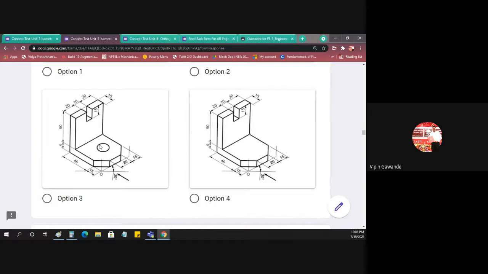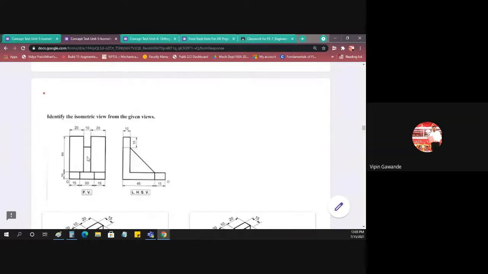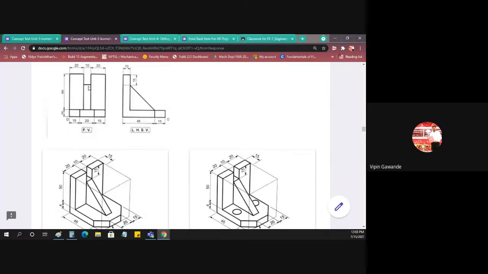Then here the rib is not there. The middle rectangle is there, this is not there. The circular cutout is there, so we'll get dotted lines for that. So this is not the correct option. Here there is no rib. So this is not the correct option, because in the middle we will not get this rectangle in the front view. So what is the correct option for this problem?